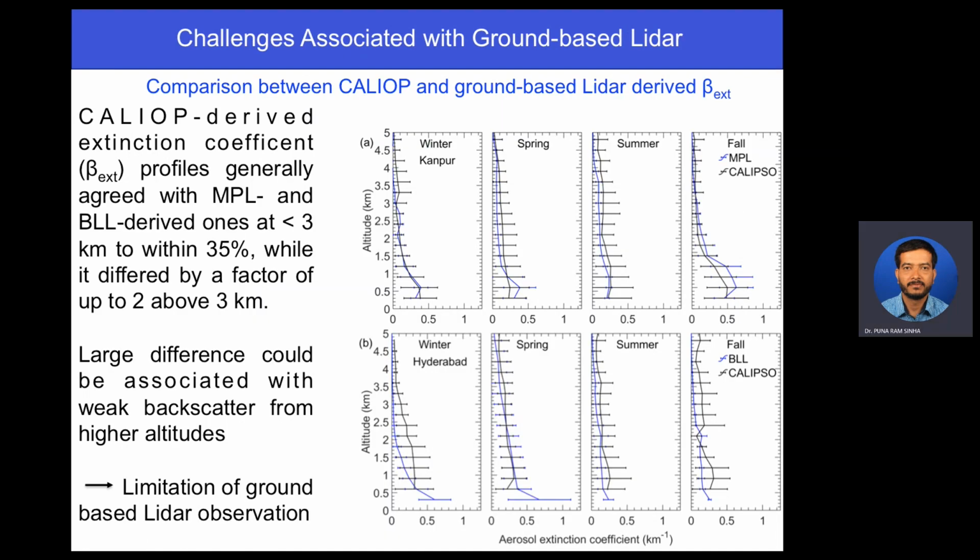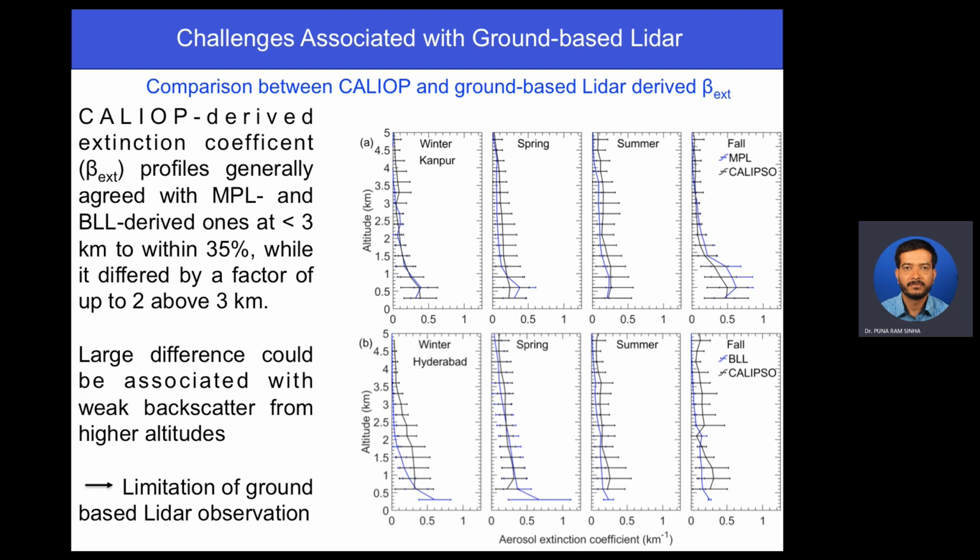Now, when we carried out the Calliope observation, looking at the layer heights at different seasons or at different locations, prior to that, we compared with the ground truth LiDAR observations just to validate and see the performance of space-borne LiDAR with respect to ground truth observation. So we carried out this study for two different locations in India: Kanpur, which is Aeronet, which is the MPL network, and Hyderabad,